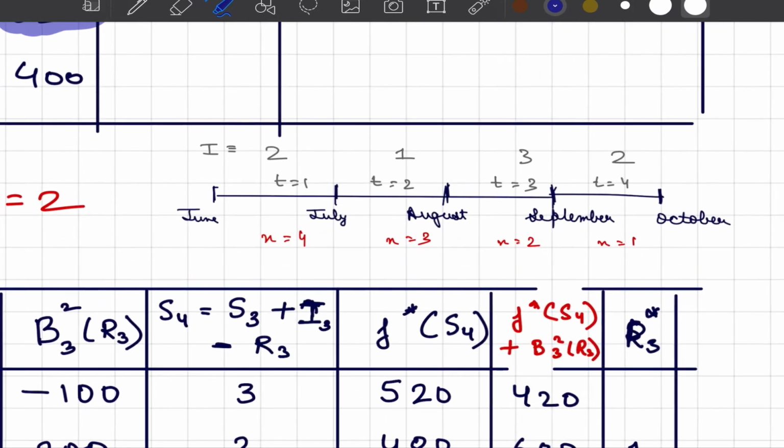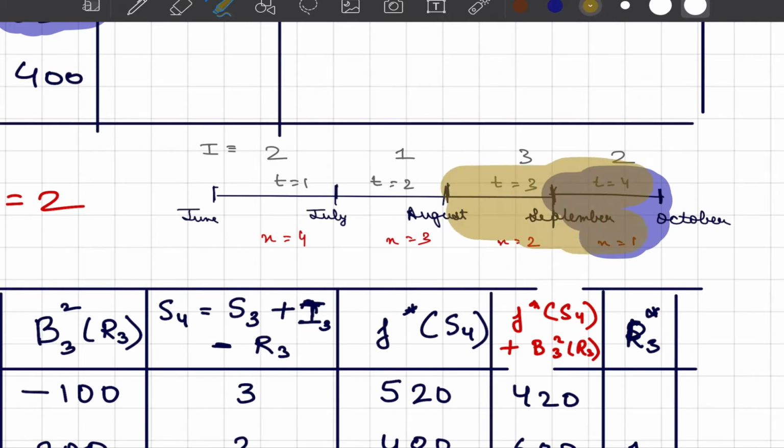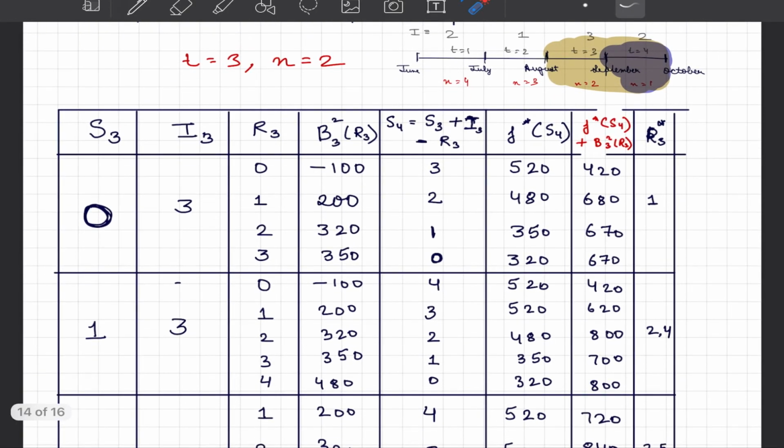Now, remember that this first table corresponds to the state t equal to 4 and n equal to 1. That is, n equal to 1 indicates which table we are on. Now what we will do is move backward, and in the second case, we will try to solve for both these cases. That is, we will stand here, look forward, and try to optimize these two systems. Again, first of all, we will identify the possible values of S3. S3 is at the beginning of August, so what value can our state take? Again 0, 1, 2, 3, 4, because 4 is the maximum allowed storage.